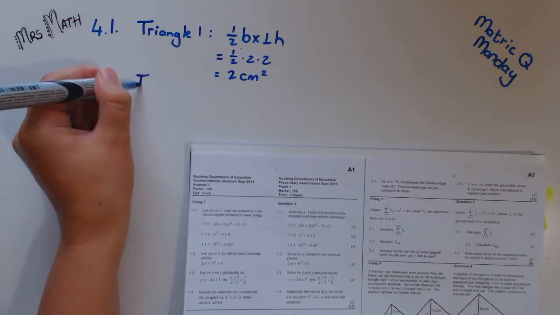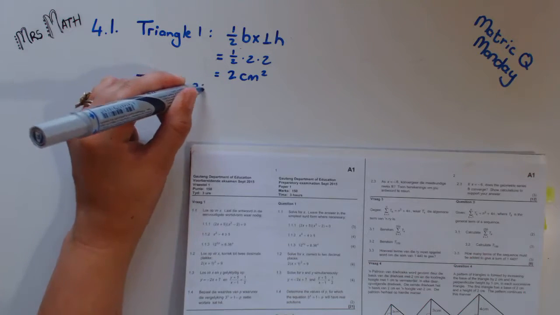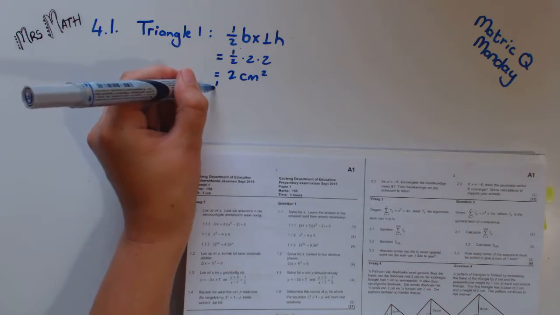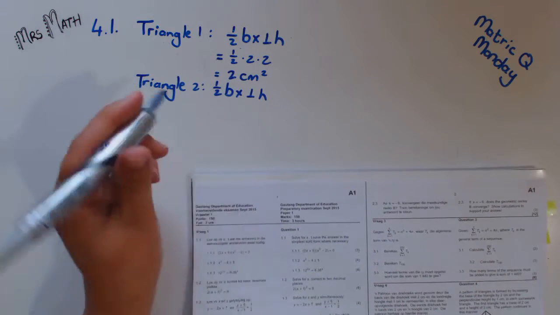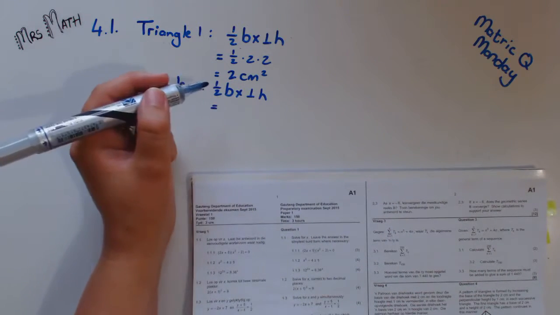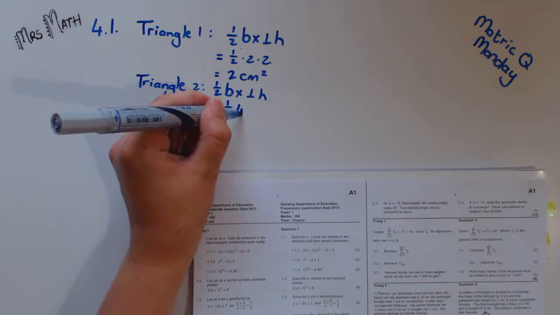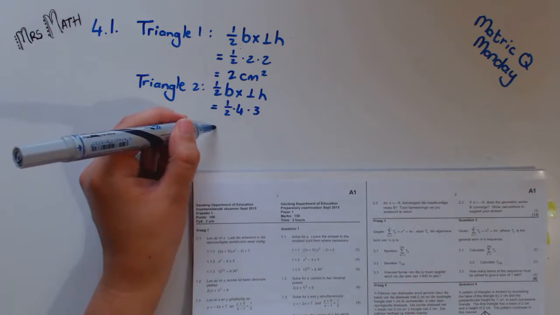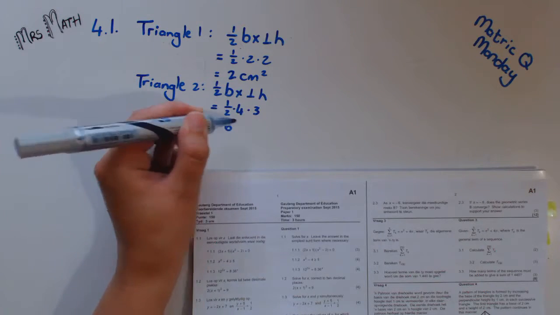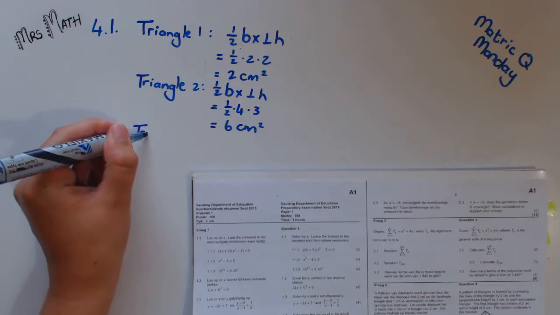And then triangle 2, as I said, this is not really difficult. This is a nice and easy question for today. Is half base, my base is now 4 and my perpendicular height is now 3, so this is 2 times 3, which is 6 centimeters squared, and then triangle 3